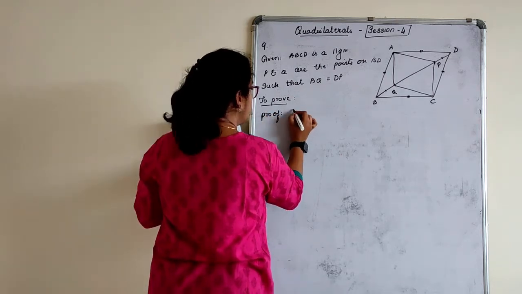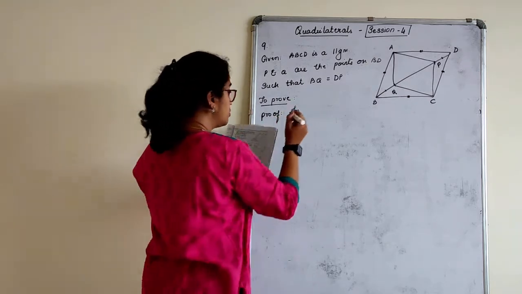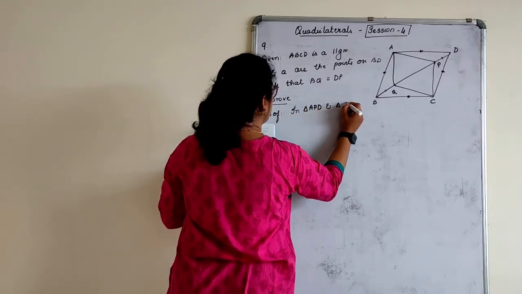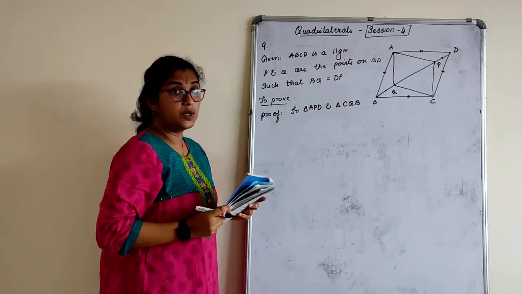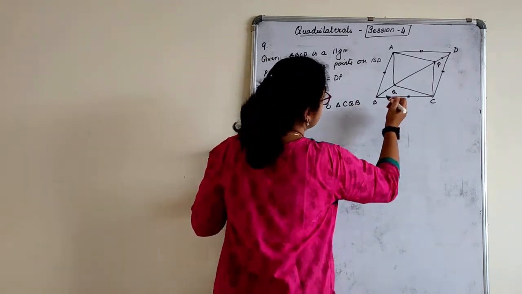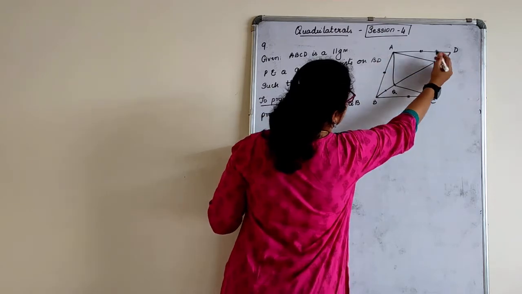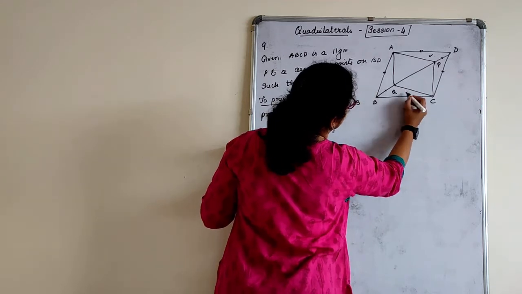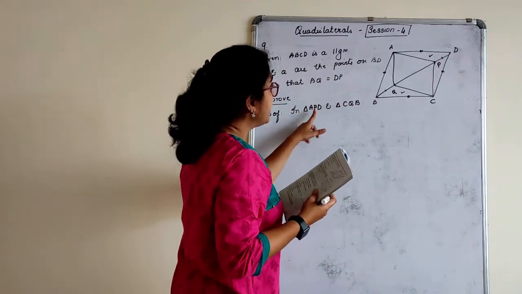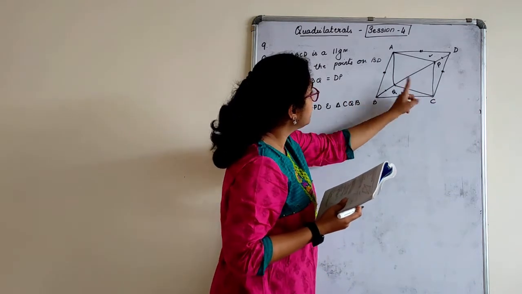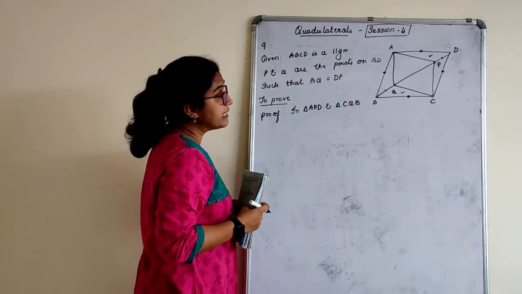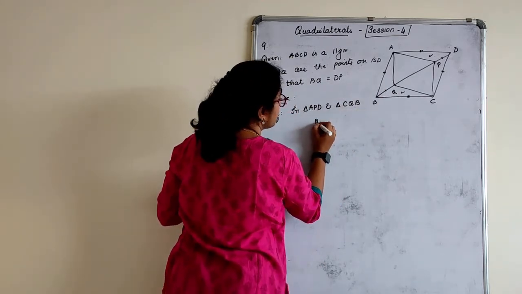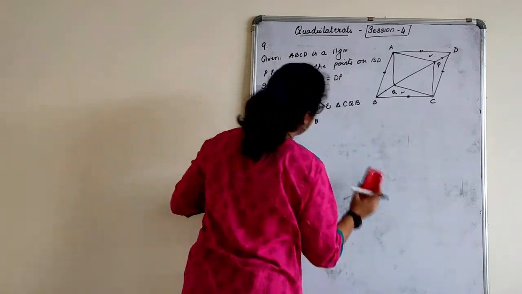So according to the question, I'll choose those triangles which they have asked to prove congruent. In triangle APD and triangle CQB. So in these two triangles, search the triangles now. APD, that is this triangle, and CQB, this triangle. In triangle APD and CQB, what are equal here? Let us first write down. First of all, children, write that triangle first.